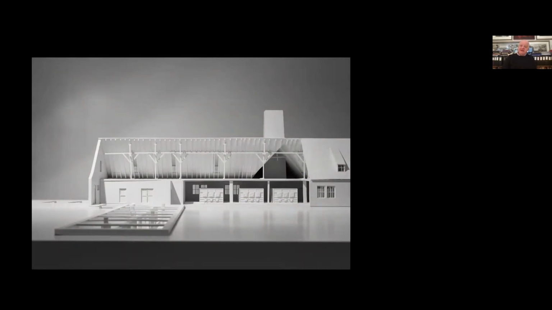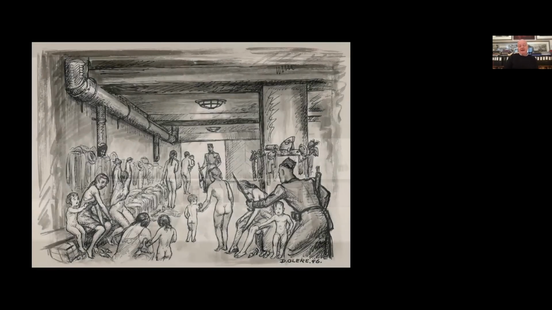We are looking here at the gas chamber at the left front, and then we have the incineration rooms at the back. They're connected by an elevator. It was an underground gas chamber that originally was a morgue before this building was adapted into a factory of murder. Drawings here by David Oller, a survivor of the Sonderkommandos, from 1946, of the undressing room.